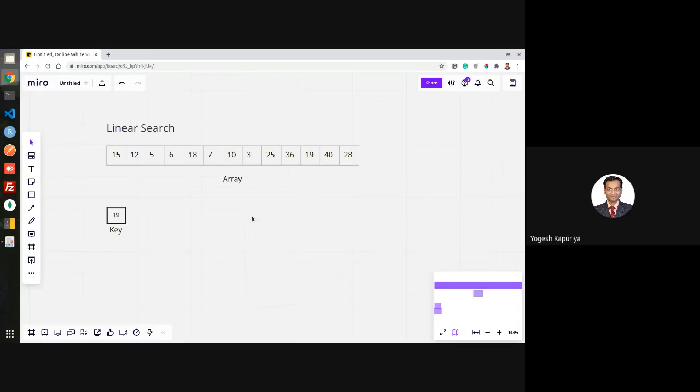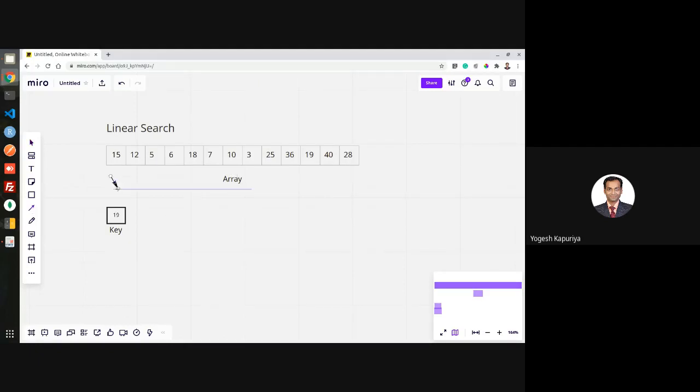Obviously it exists. But how could you answer yes actually? On what basis? What have you done with the array, and what have you done with the key? I think Achilles Singh has given the answer already: you are comparing every element with 19. So when you want to compare the elements with the key element, you will start from some place. As this is a random array, you can start from any place, but because you want to search every position, you will start either from the leftmost one or from the rightmost one.